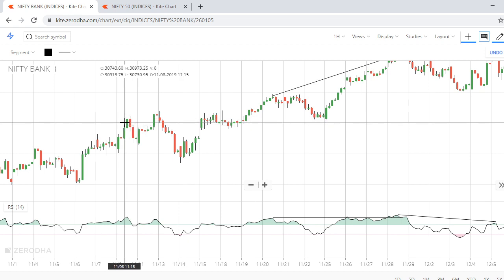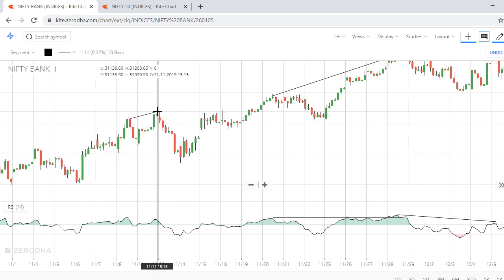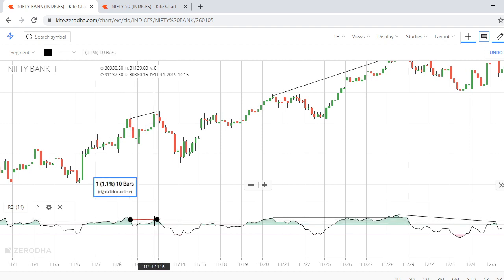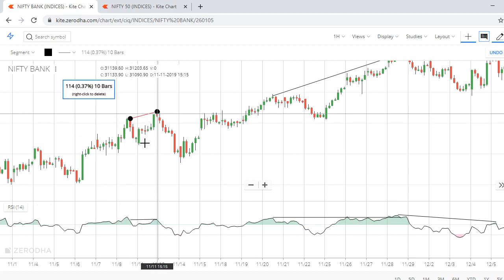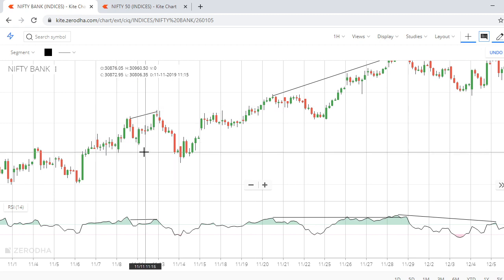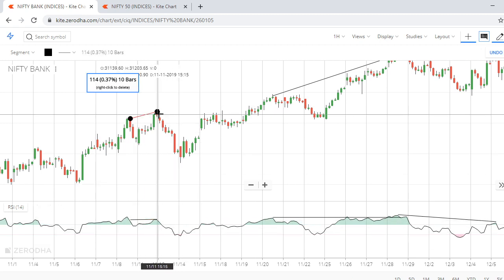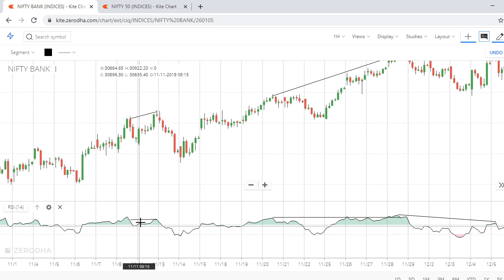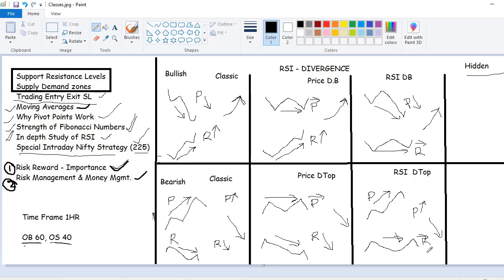Even here you can see one more. The price moved up. Red candle, right? Yes. RSI is at the same level. From this red candle to the top, it went up, but RSI is almost flat and then it fell. This is also from 31,100 to 30,300, 800 points more. So whenever you see a divergence, you can make money in the market with an easy setup. It works on stocks, index, everywhere.